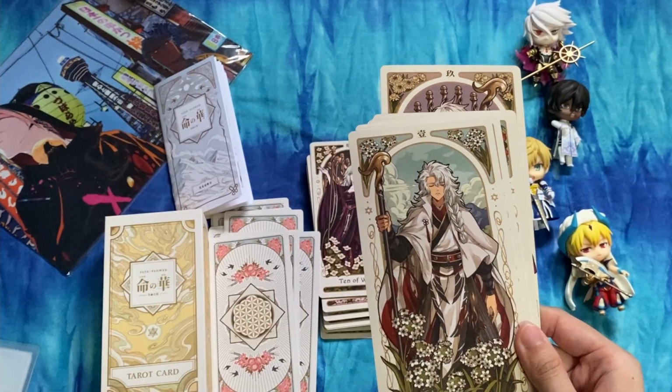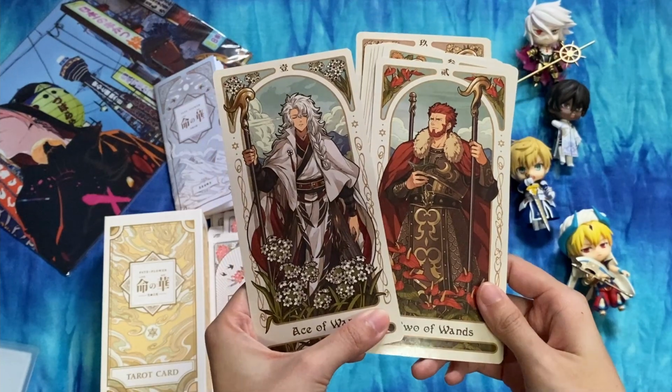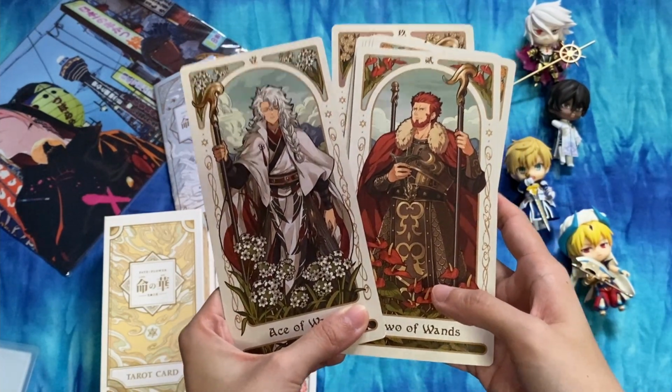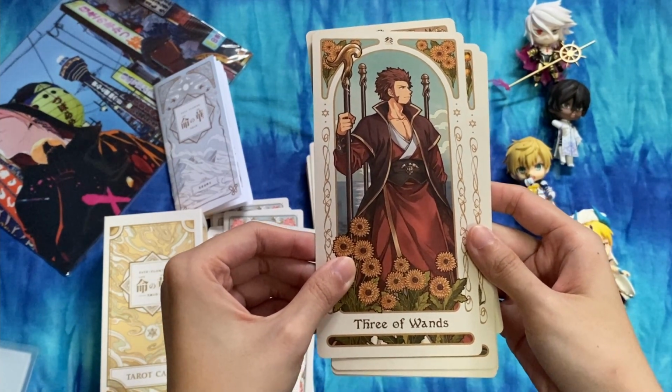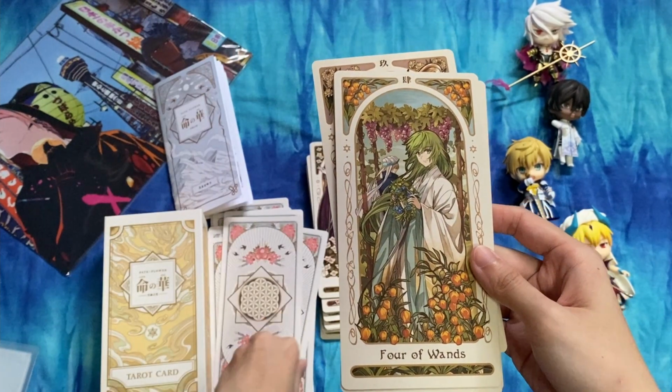Alright, so now we go on to the suits. For example, the Ace of Wands and the Two of Wands, you will see that it is not really a pip deck per se. As you go on, you can see how the creator also includes some Rider-Waite-Smith